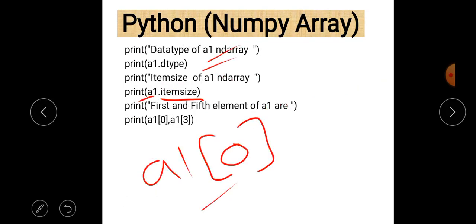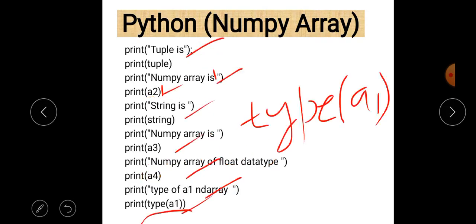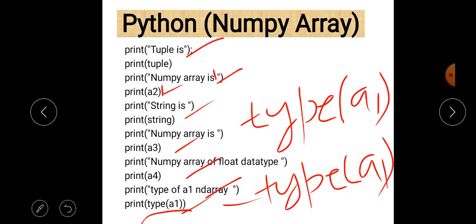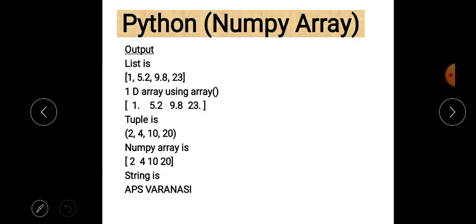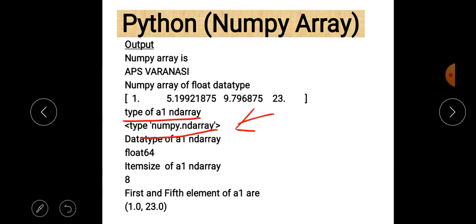Data type returns the data type of an array, and type returns the type of an array, not the data type. So when we write type(a1), it means what is the type of a1. What is a1? a1 is an ndarray. So the answer is ndarray. Look at the output here, you can easily see.